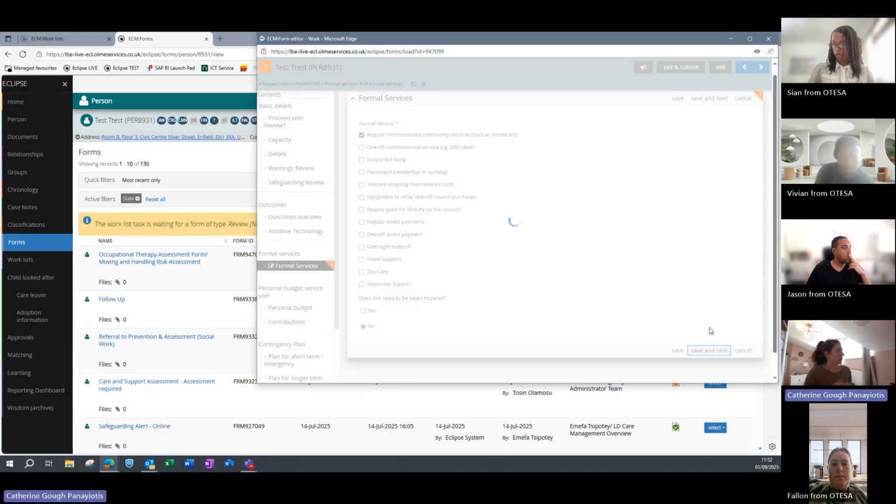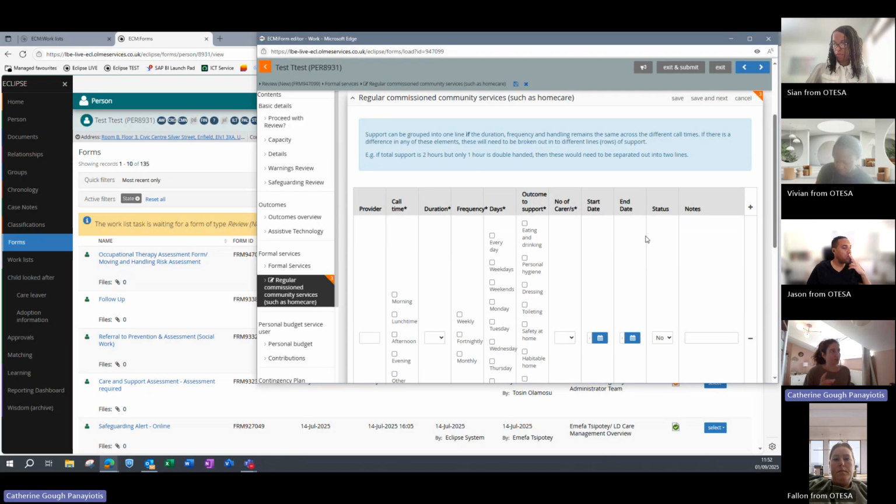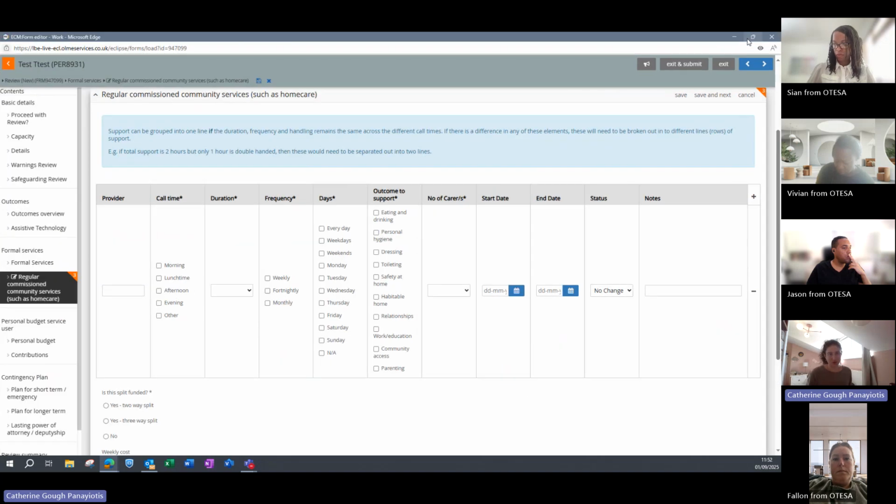What I'm going to quickly do is just mock it up so it looks a bit more like what you would see when you're coming to do a review. So what we have is this table here, which is kind of like a timetable sort of view of the support. So let's say